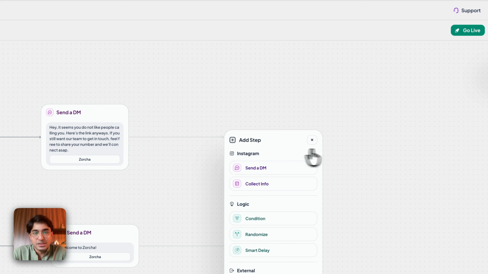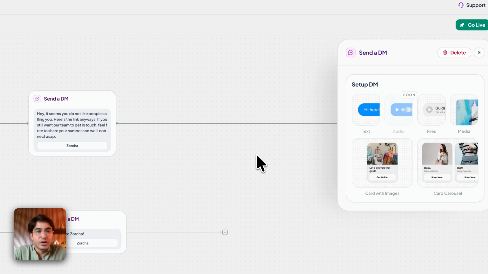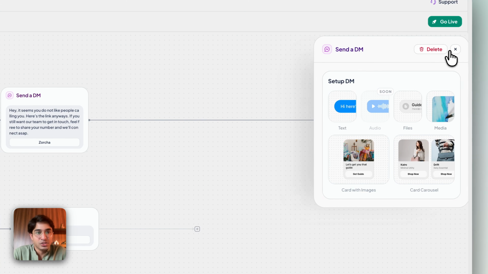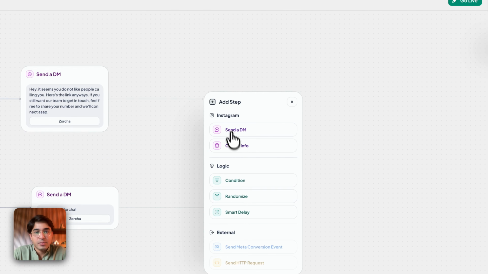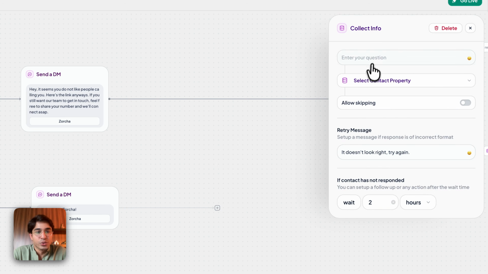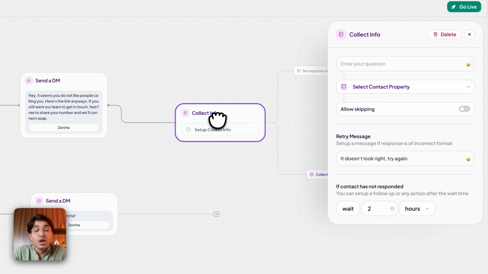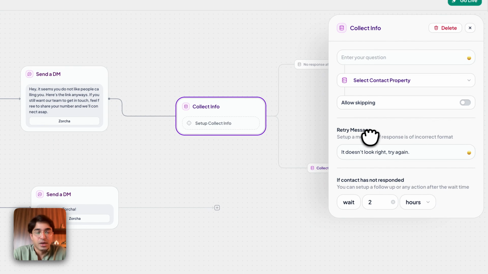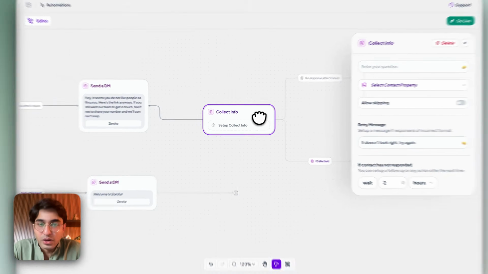So inside this particular button, add a step, send a DM. I have already showed you all the options and I've explained what these do. I'll delete this one, add a different step. Inside collect info, I've already showed you what all of these do. Oh, sorry, my bad. In this one, I missed a message. I missed one part. So inside of collect info, when you ask them for their phone number,